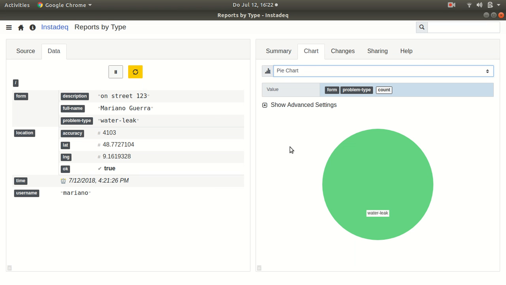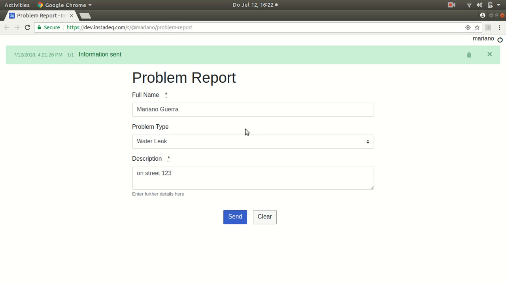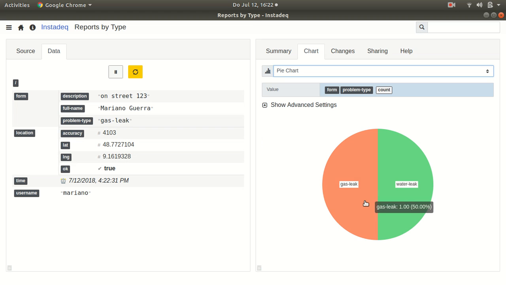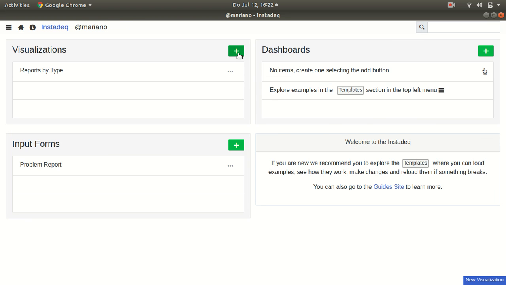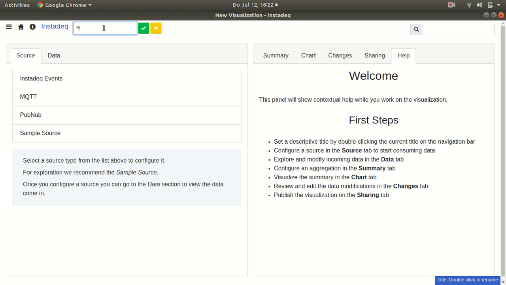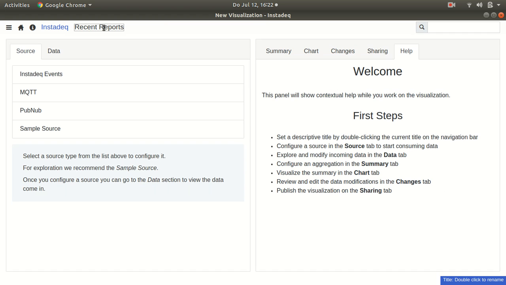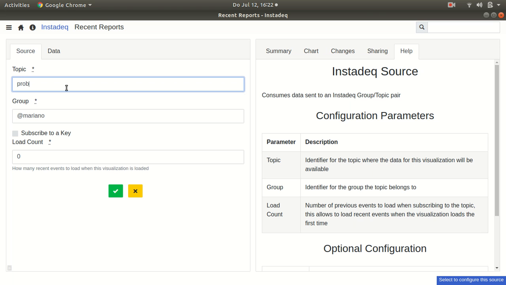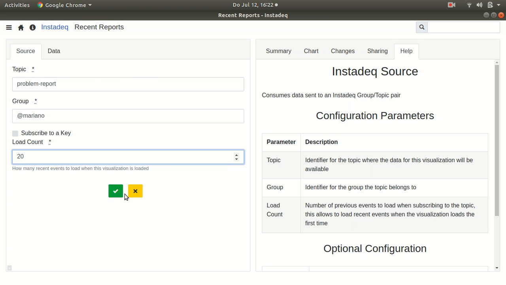and let's report something else. Gas leak. Now we have 2. Let's do a list of the recent reports. We want to load the last 20,